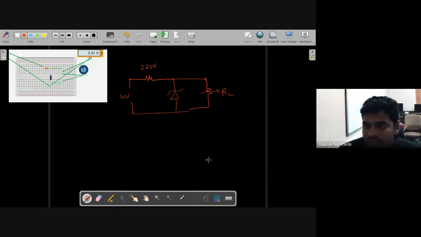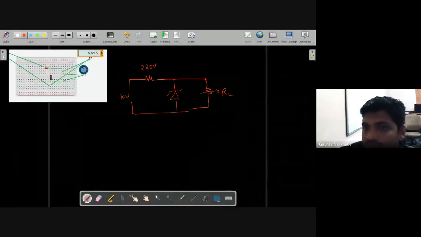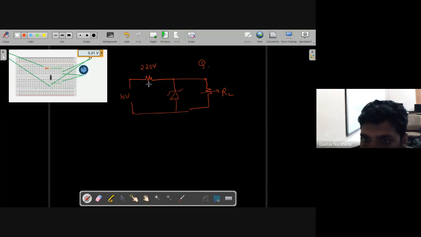Let me check it once. How much is it? 220 volts, correct. Okay, so now what is given, the question is: a 5 volt, 5 to 40 milliampere Zener diode is connected as shown,